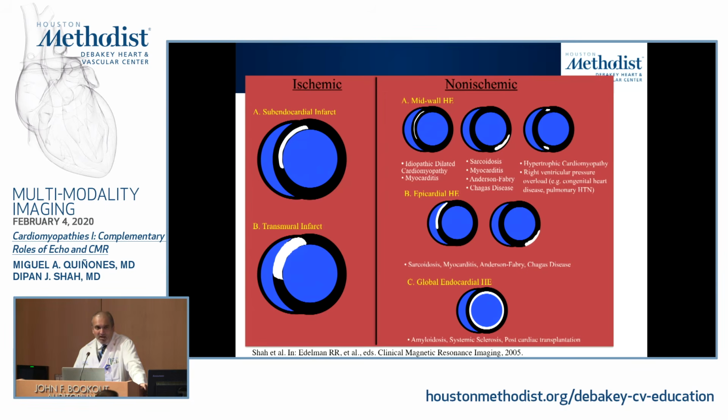And the left two examples where it's subendocardial or transmural, you typically think of coronary disease as a cause of the hyperenhancement. On the right-hand side are some of the differing patterns of enhancement that you can get with some of the differing conditions. And notice there's overlap. So I don't know that the pattern of hyperenhancement in and of itself is going to make a diagnosis of a specific cardiomyopathy, but I think it can help you to generate a differential diagnosis